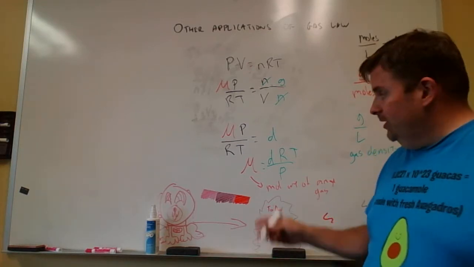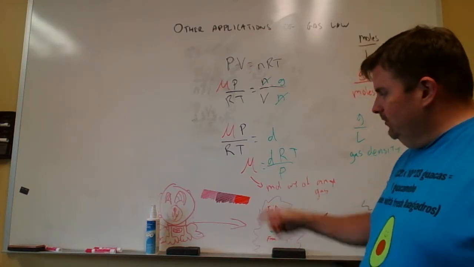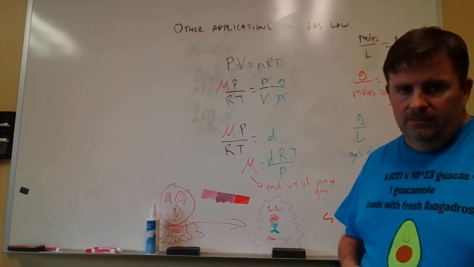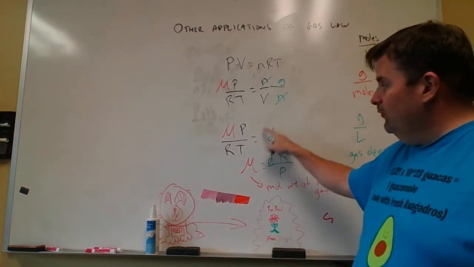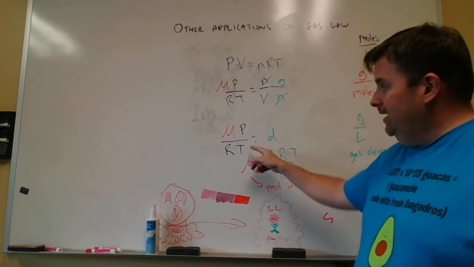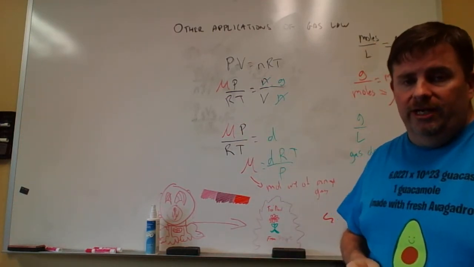Alternatively, what we can do is look at this setup and say, well, I've got the molecular weight here, and I've got the density value. That means I can rearrange this and solve for density of any material at any temperature, using the ideal gas law, so long as it's